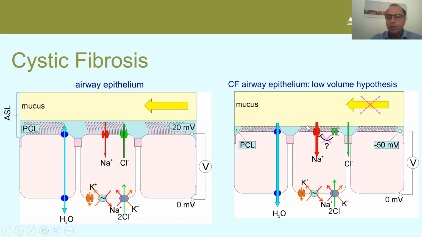And because the thickness of the water layer is reduced, the cilia are not able to beat continuously. Because of that, the mucus starts building up, and the cilia cannot keep the mucus layer clean. Then it results in infections, and then